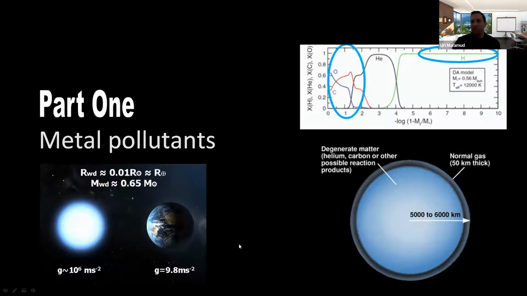A lot of people know this, of course, but what a lot of people don't really realize is that white dwarfs also have atmospheres. So approximately 1% of the mass of the white dwarf is actually an atmosphere, which is usually composed of its exterior. It's usually composed of hydrogen, so it's hydrogen dominated in about 85% of the cases, and the rest are helium dominated atmospheres.